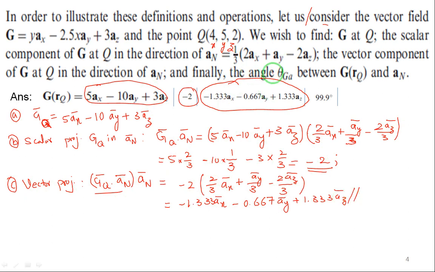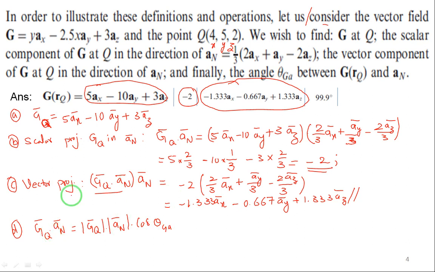Then coming to part B, find the angle theta GA between G vector at point Q and AN vector. They ask, so make use of the dot product definition for this, so that we will get the angle. So G vector at point Q, that is GQ vector they have given. I can simply write it as GQ dot AN vector. So apply the definition of dot product: magnitude of GQ vector into magnitude of AN vector, it is 1, but still I will write it, into cos of the angle between them, cos of theta. They have called it theta GA. Let me call it theta GA, or else simply theta you can write.